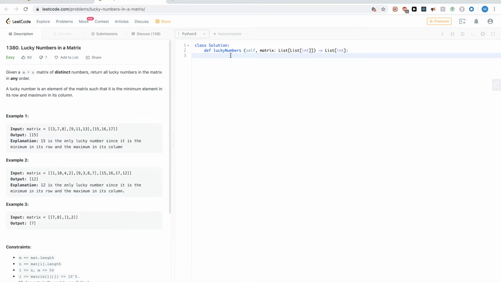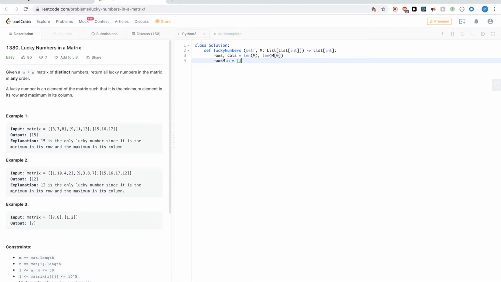Okay, so that would mean let's first just have the bounds. Let's call this M, and then let's call this M0. And what we are looking for is to get the minimum of every row, right? So rows min,